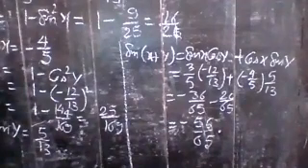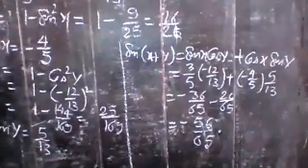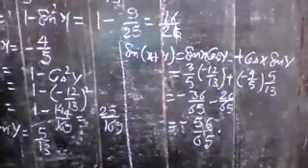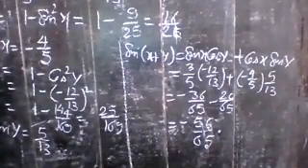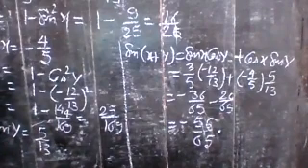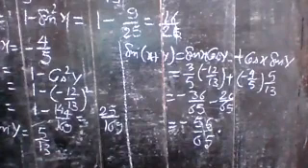Minus 56 upon 65. In the same way, if the question is asked like that, find cos x minus y, yes, you can apply the identity. If the question is asked in this way, find the value of tan x plus y or tan x minus y, so what do you do in that case? In that case, no need to find the value of sine or cos.